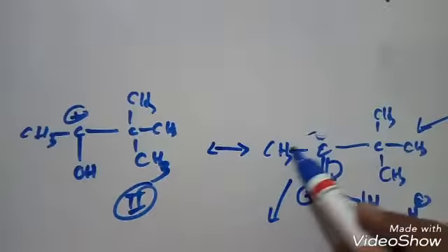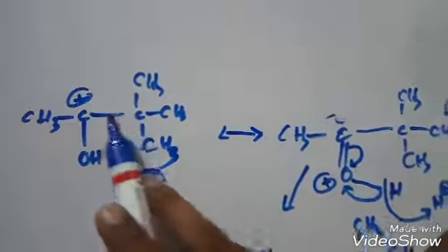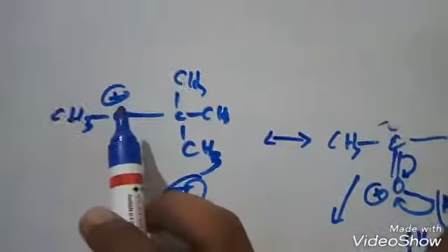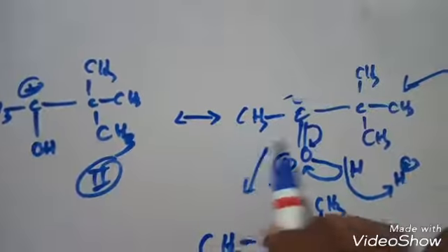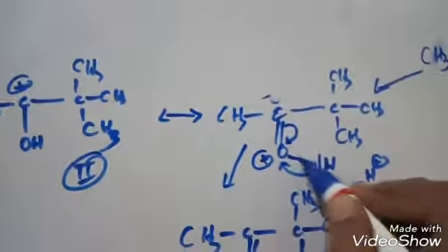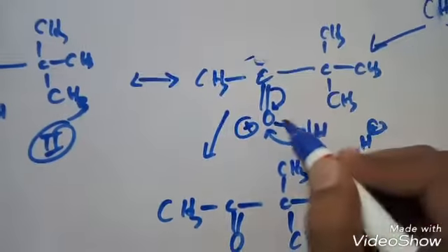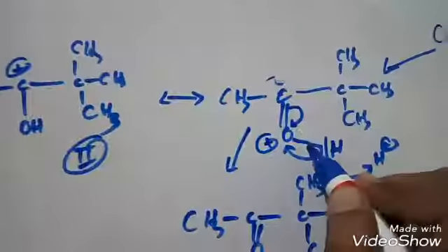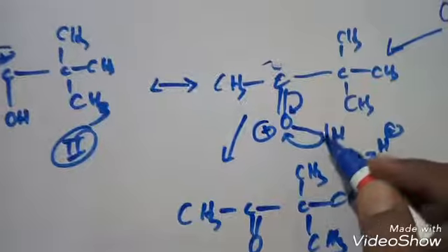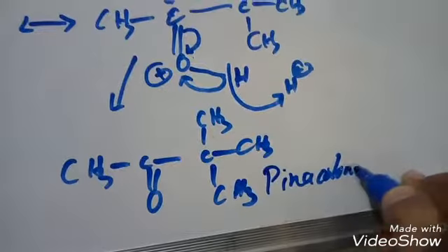That oxygen can have a resonance structure, but this resonance structure is not stable. Plus charge is there, here is plus charge, here is plus charge, so it is not that stable, but it is stable, quite stable. Sorry, it is stable, but it is not that stable, and it can be more stabilized by losing this OH hydrogen. By taking the electron, oxygen, the ketone will form. This is Pinacolone. So this